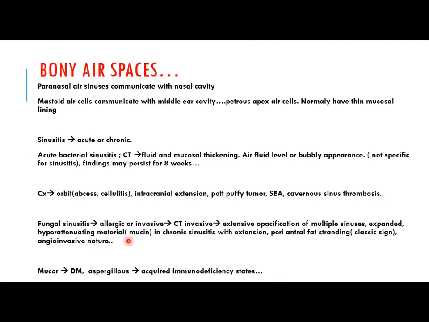Now, another part of the examination in the CT scan of the neck is the bony air spaces. As we know, we have the paranasal air sinuses, which communicate with the nasal cavity. We have the mastoid air cells, which are important in cases of middle ear infections and otitis media, and otitis externa in children when it extends. It may involve the mastoid air cells, and we can identify the mastoid air cell involvement by the loss of the air septa between the mastoid air cells, and usually we can compare both sides so we can identify